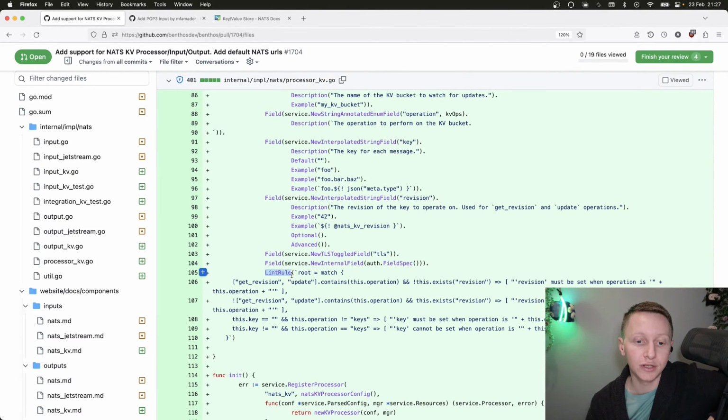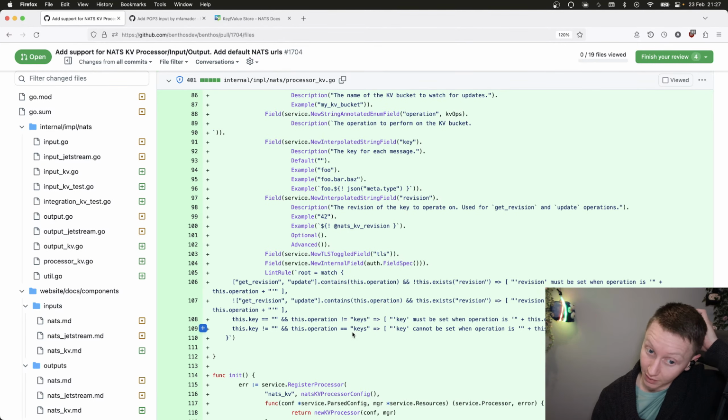So what you can do is you can specify a linting rule, and this is Bloblang, and basically this will just be run dynamically when somebody wants to lint their Benthos config, and it can check. It's much more powerful than what's there by default. So here what he's done is if the operation is either get, revision or update,